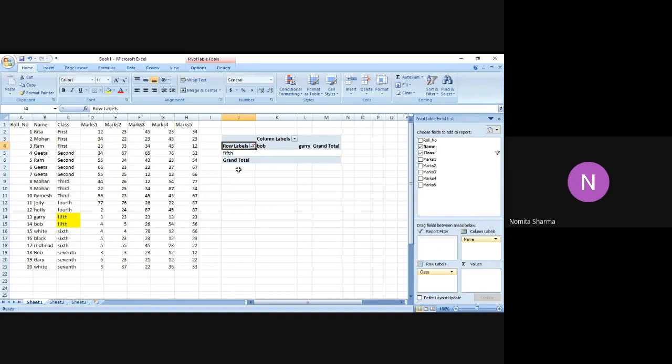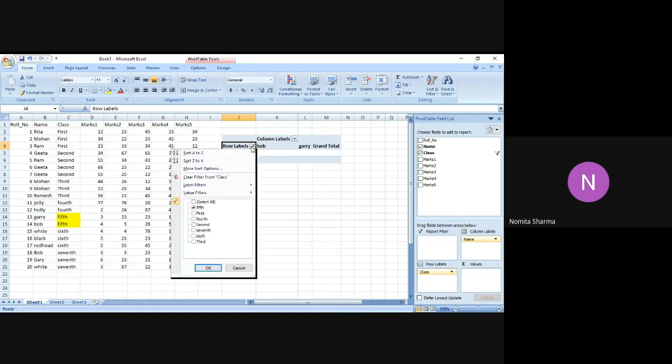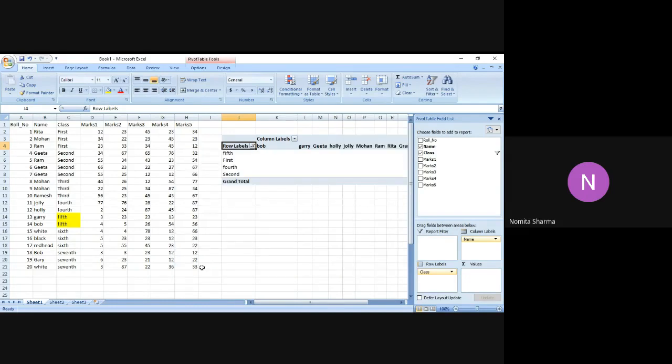Did you notice that? If I go to the row label one more time, since I wanted to have only data for the 5th class, it has given me the option like that. But if I select 5th, 4th, 2nd, and so on, and maybe more than the previous choice, this will give me data according to that. Now if I select the marks also, because that is what makes sense, you will see they are automatically coming in the values.